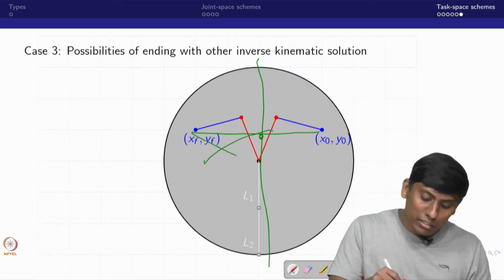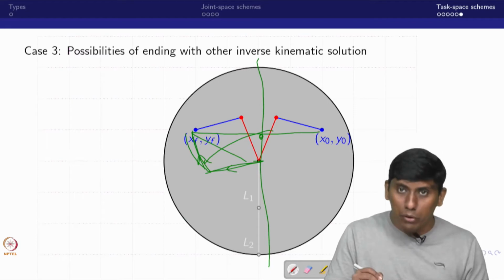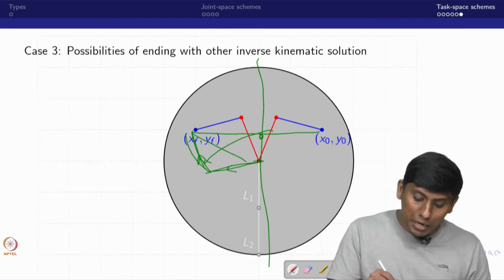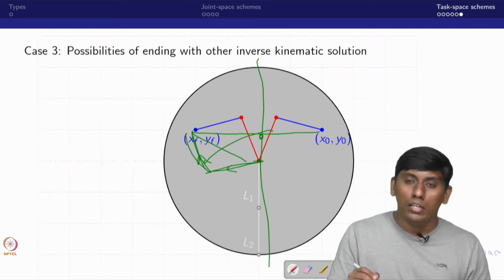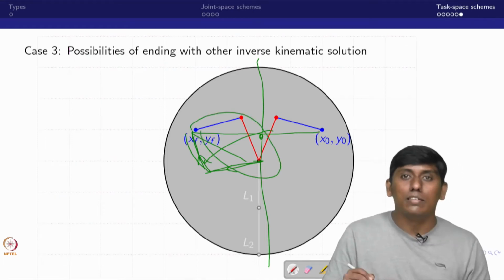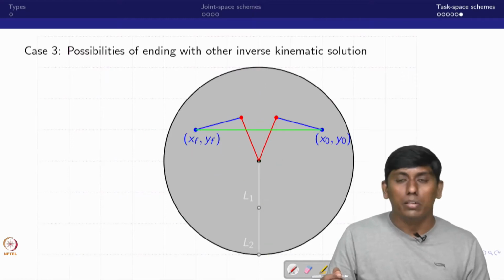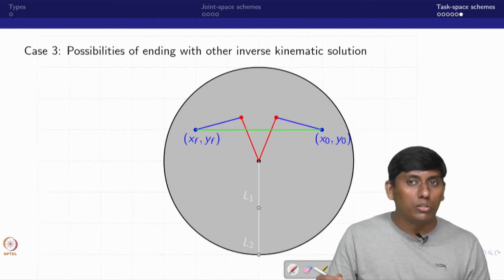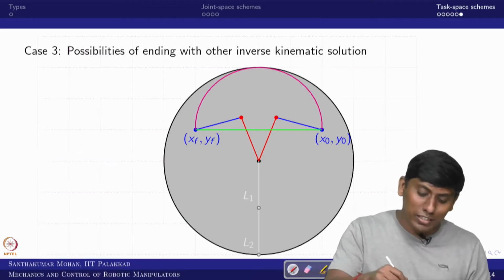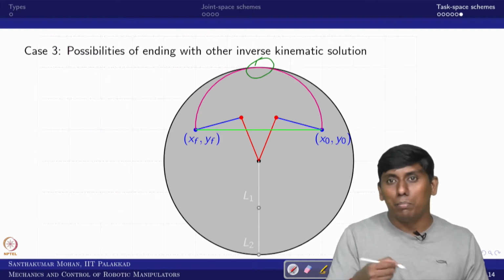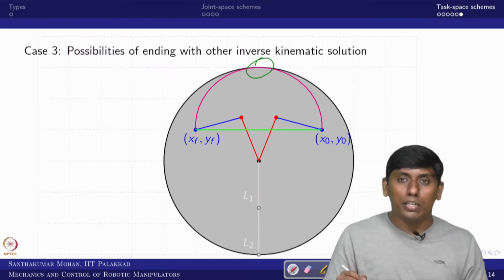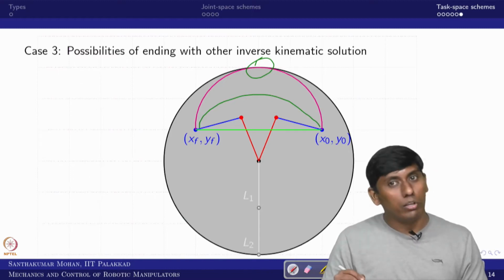If it is simply going as a joint space trajectory, this joint space solution is possible, okay, or if I give this configuration, it is still possible, but if I give this kind of configuration, it is not possible. That's what says that ending with the other inverse kinematic solution is also not possible. Then people can think about even the joint space. In this case, even the joint space trajectory is very close to a singular point, but probably I took this example that way, and in most cases this can still be followed with a joint space trajectory.